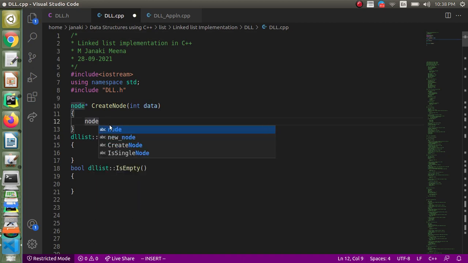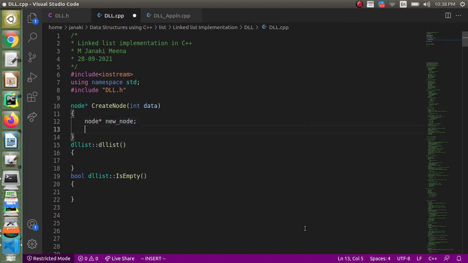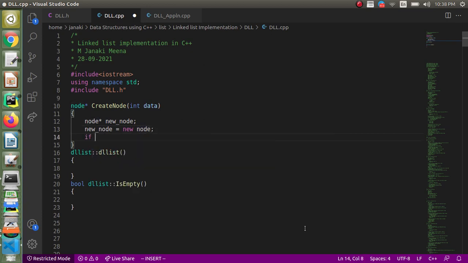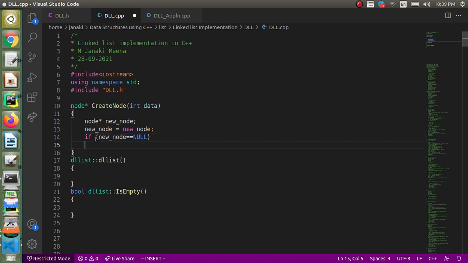Now we have to create a pointer for the new node, and then we have to allocate the memory. How we allocate memory in C++ is we have to use new and then node. And you have to check whether the returned address is null. If it is equal to null, then in braces we have to return null.